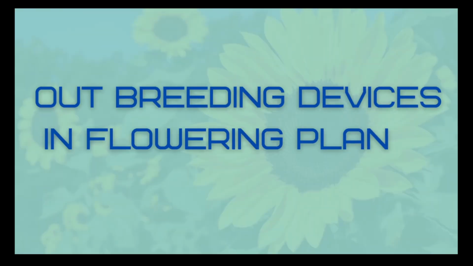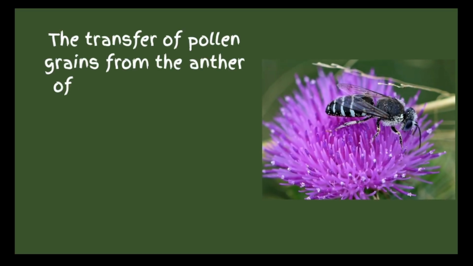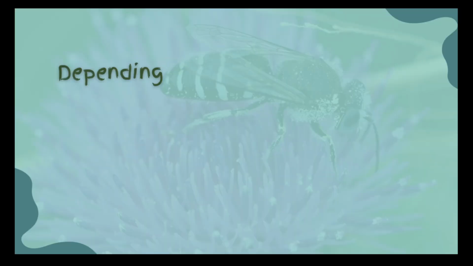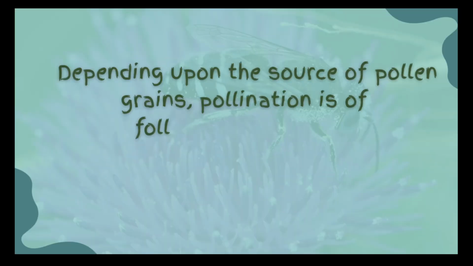In this video, let us talk about some of the outbreeding devices in flowering plants. The transfer of pollen grains from the anther of the stamen to the receptive stigma of the carpel or pistil is called pollination. Depending upon the source of pollen grains, pollination is of three types: